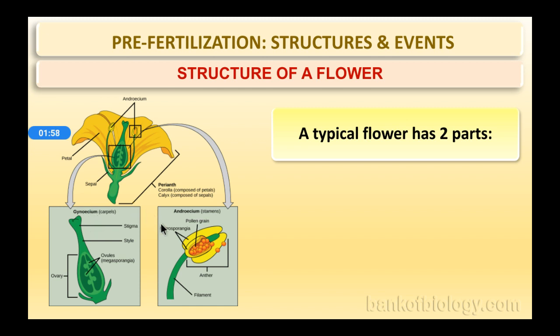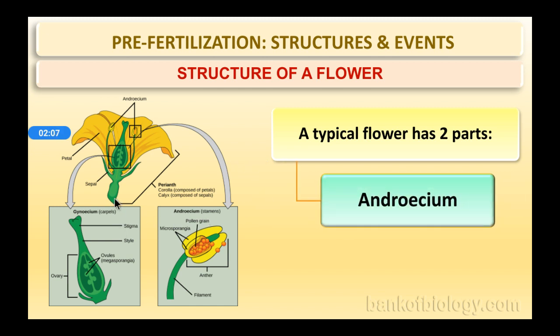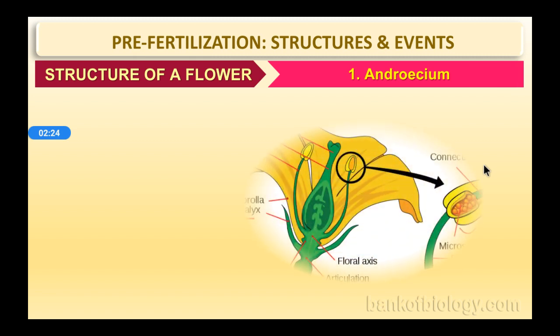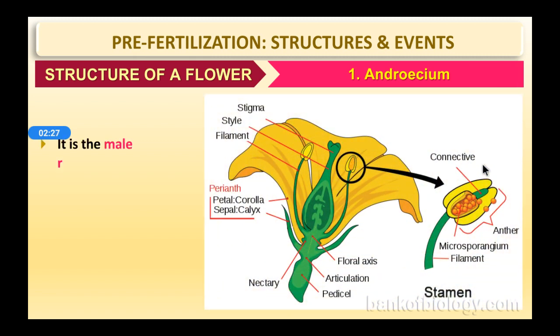Then the male part as well as the female part. The male part is the stamen, also known as androecium. And the female part is known as carpel or pistil, or another name is gynoecium. And you know the parts of this, that is stigma, style, ovary, ovule. We need to study in detail about the male part as well as the female part. First, the whole flower has 4 whorls. The first whorl is the calyx.